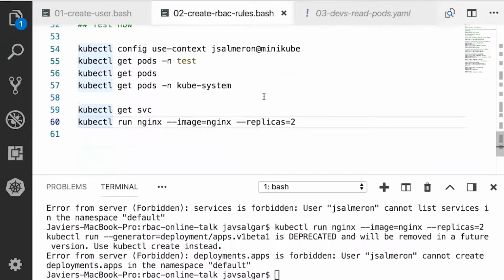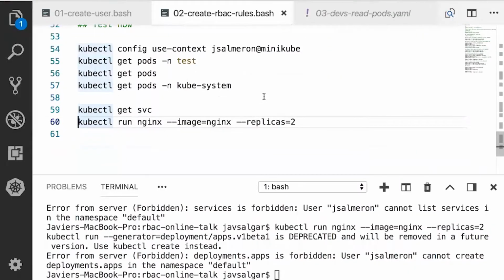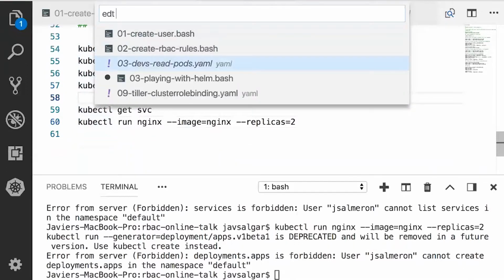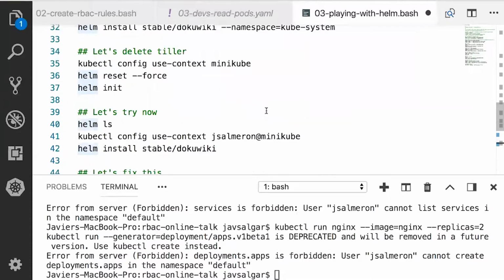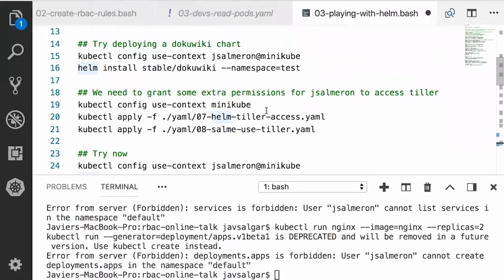So that's basically RBAC. Those are the most important bits that you need to understand: we have subjects, we have resources, we have operations, and it's just a matter of connecting all of them. Well, before finishing, I would like to show you a bit more. I've been doing very simple operations, so now I'm going to also use, for example, Helm charts. As you know, in Bitnami we work with Helm charts a lot. We have a whole catalog of Helm charts. And now, I have Helm installed in my cluster, okay?